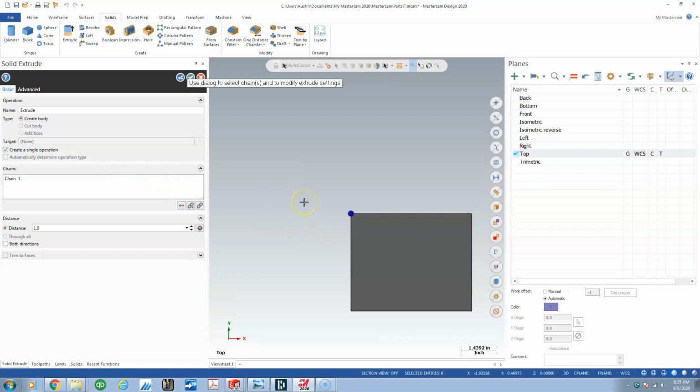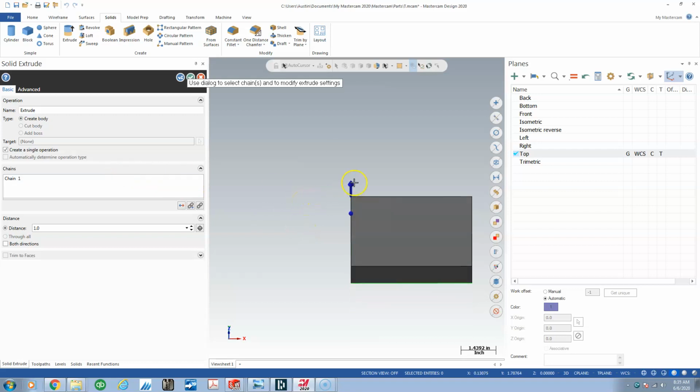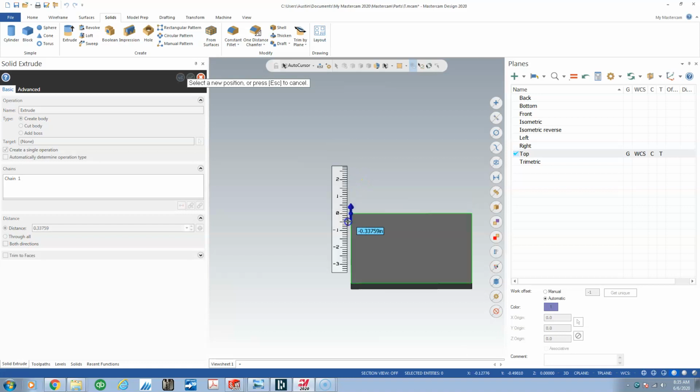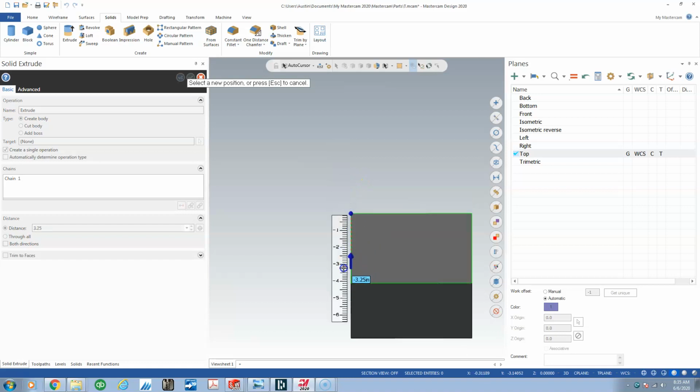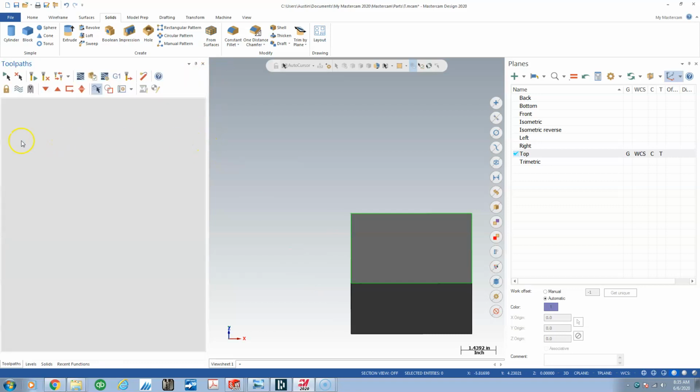And I'll roll my positioner. We'll go like 3 inches deep, negative 3.0. Enter, enter. So there's a solid block that we're going to then